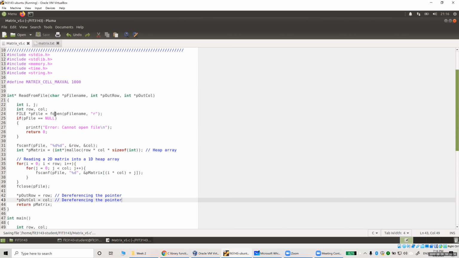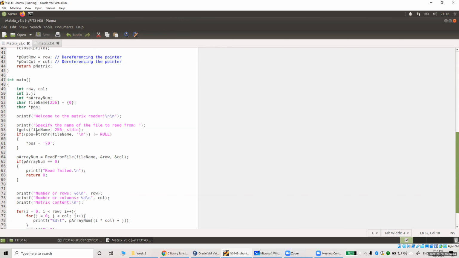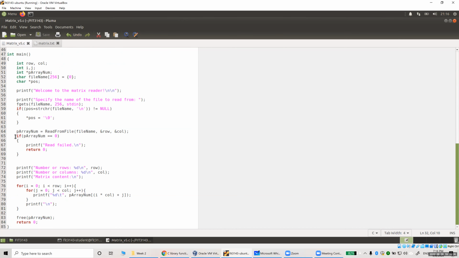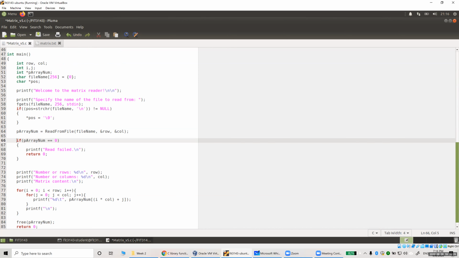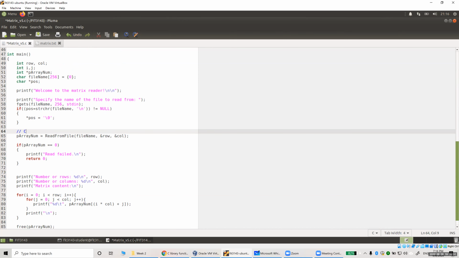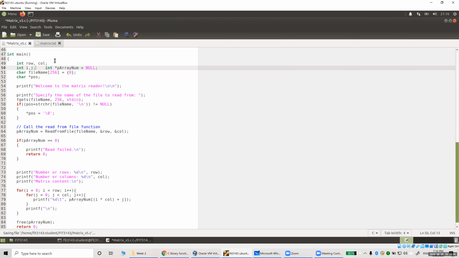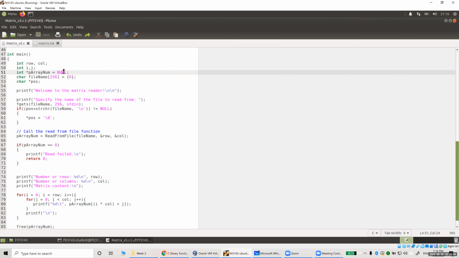And then I return the matrix. I return the address as a return argument here. So you see, when I call the read from file function, I declared a pointer. This pointer is currently null. I can set it to null over here. Null is built-in, equal to 0. All right. So I pass in this pointer as a return value of the function, and then I pass in